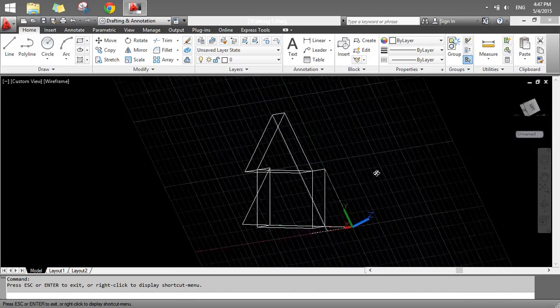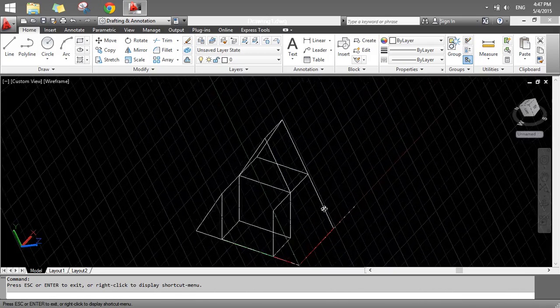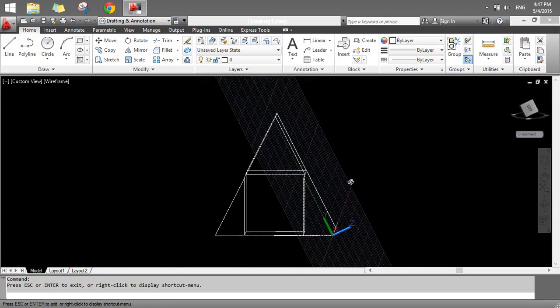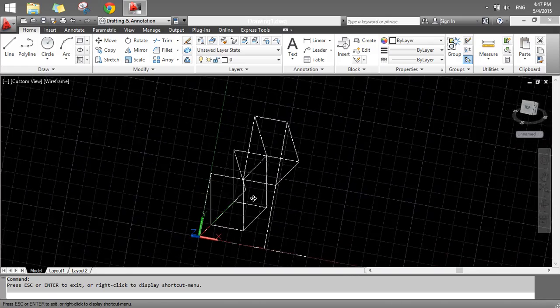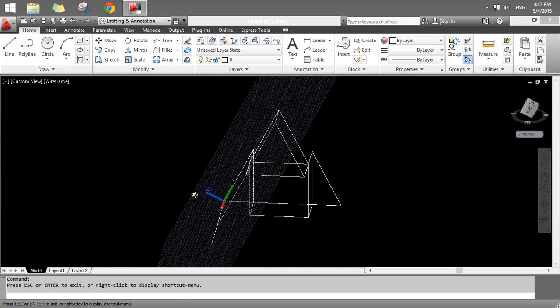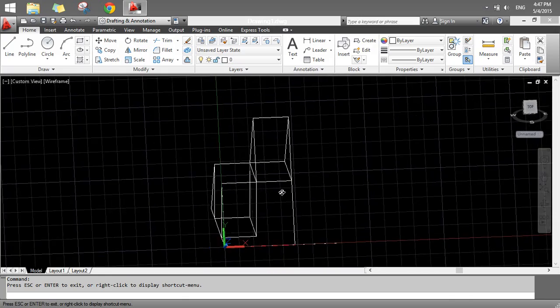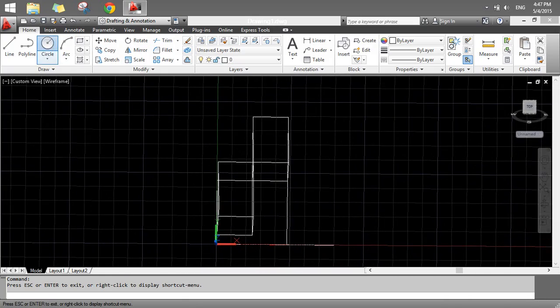You can see earlier this wire mesh was stuck to the bottom of this figure. Now this wire mesh is stuck to this inclined surface. So now whatever you draw will be drawn on this inclined surface rather than on the bottom of this. Like so, now if I draw a circle,